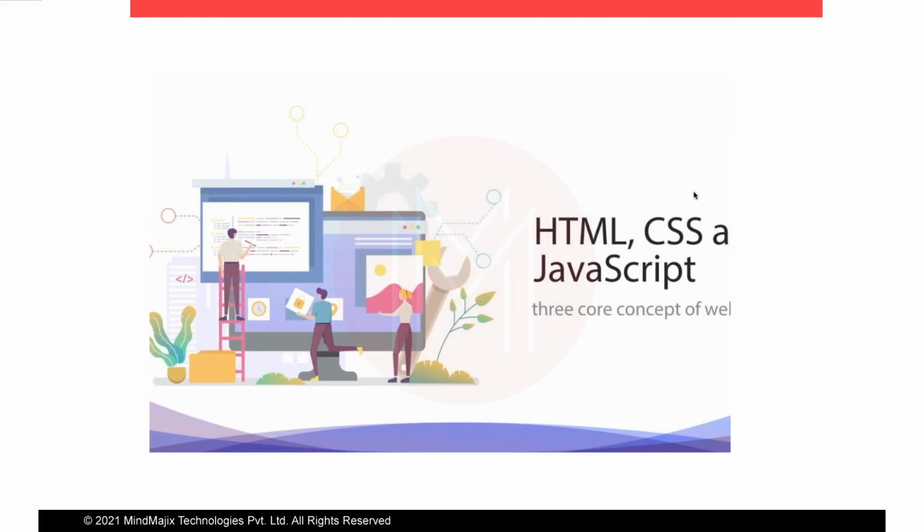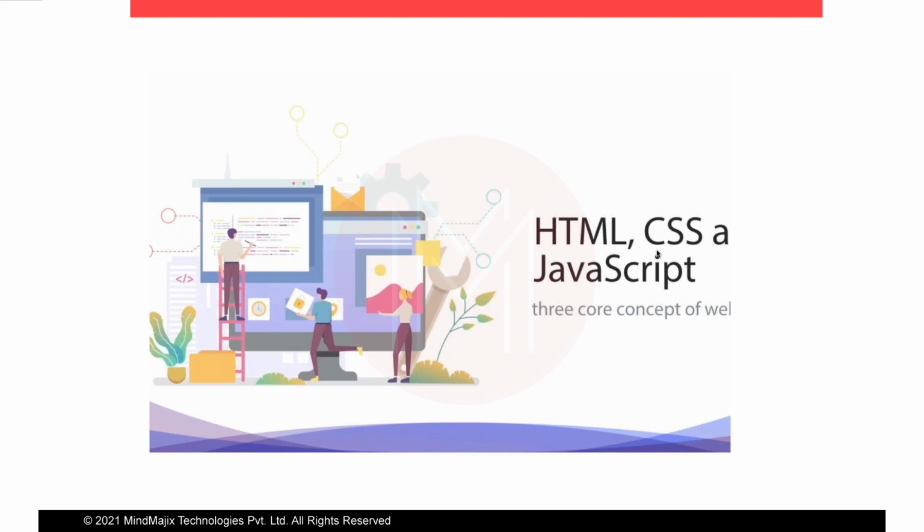HTML and CSS are used for rendering the content on the screen, but JavaScript is the program which makes the document interactive, or you can say responsive. According to the user interaction, we can make the website interactive using JavaScript. So basically a website or web application mainly consists of HTML, CSS, and JavaScript only.